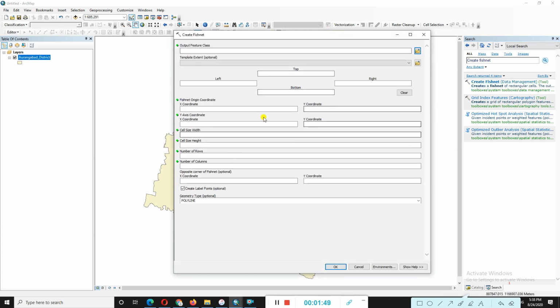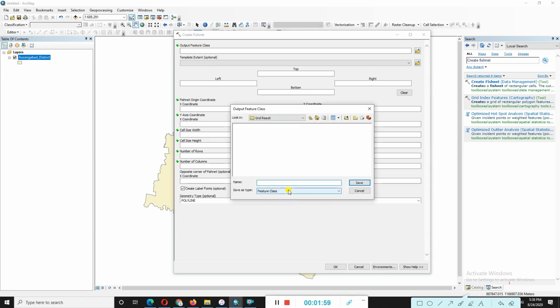You can look here, the entire information they are asking about our data. The first option is output feature class. Click there, and choose where you want to store your data. I created one folder named demo.